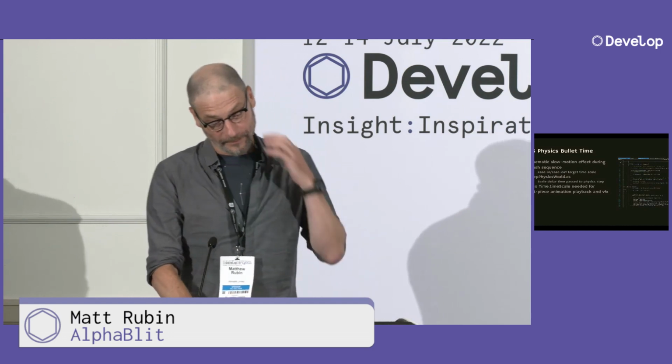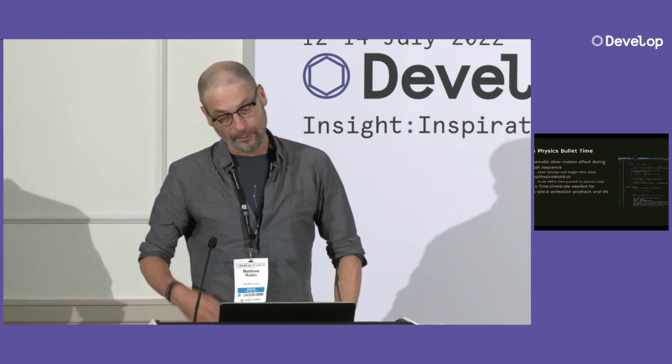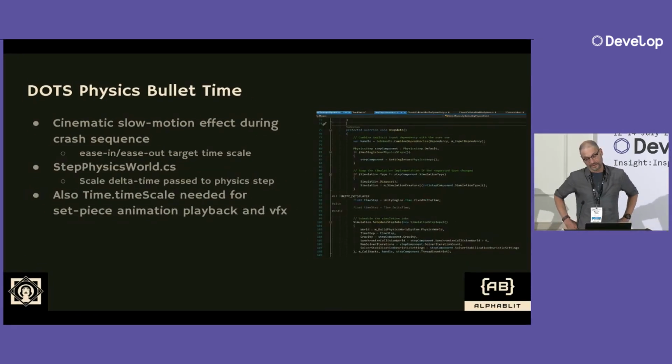First off, just a quick slide on how we implemented a bullet time system during our crash sequences to allow a cinematic slow motion effect. We had a target timescale using an ease in, ease out interpolation within the step physics world code, which is part of DOTS physics, to pick up on Neil's point on the handling system. We basically just scaled the delta time through the physics step, and that gave us a slow motion effect. You could do this in classic Unity,